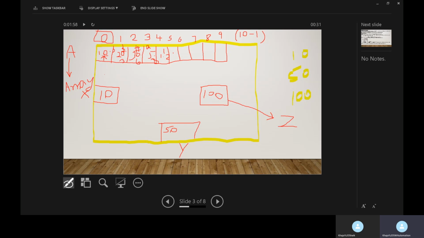So if we are storing characters in an array, then it is called a character array. Integer array, float array, and character array. But for character arrays, we have a special name called strings. Character arrays are also called strings.